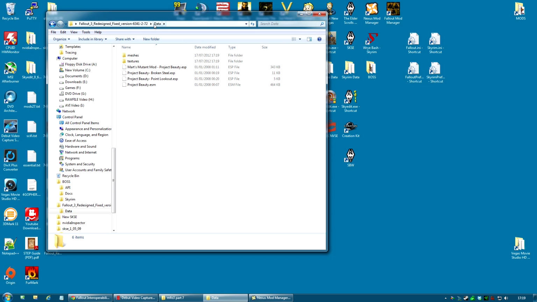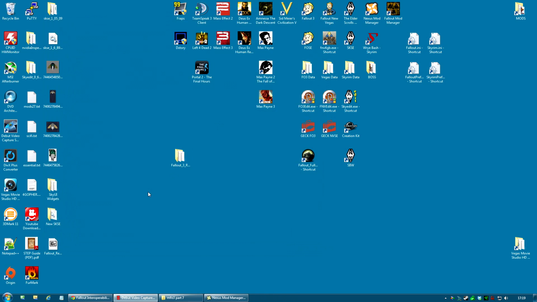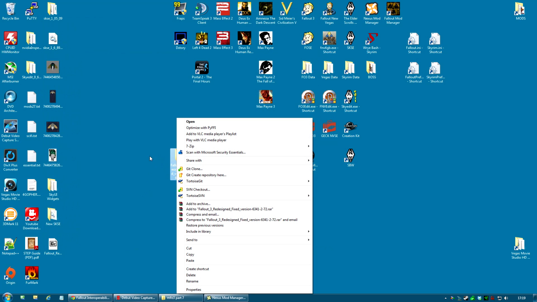So now I've got a faux mod structure that Nexus Mod Manager can understand. Now that we've put the files in this order, Nexus Mod Manager can understand this. It's got all the high definition meshes and textures and these ESPs and ESMs.